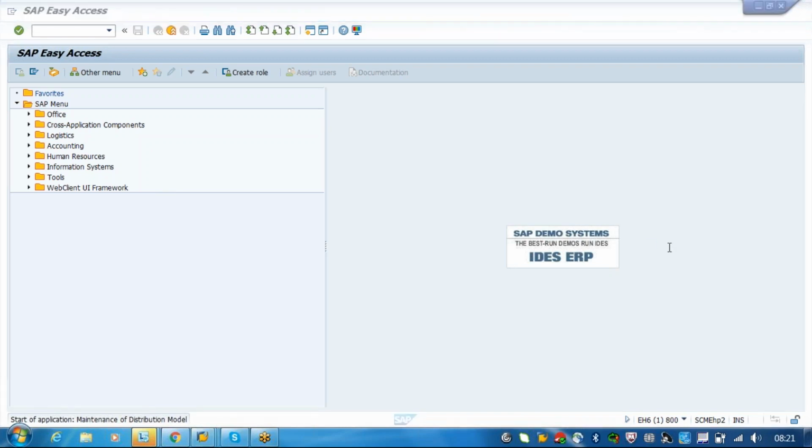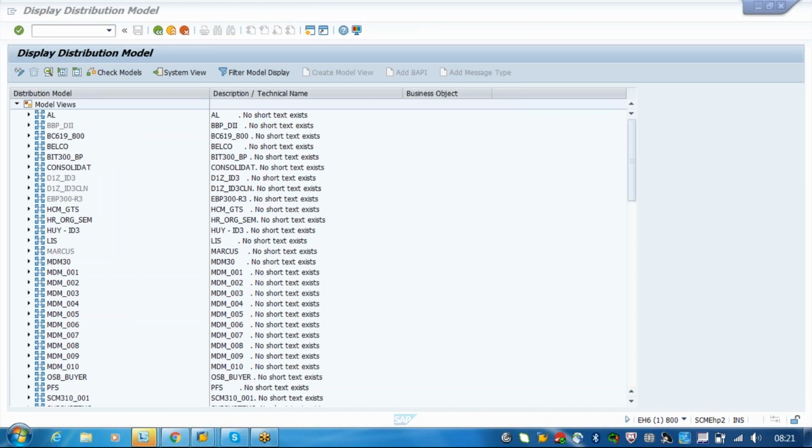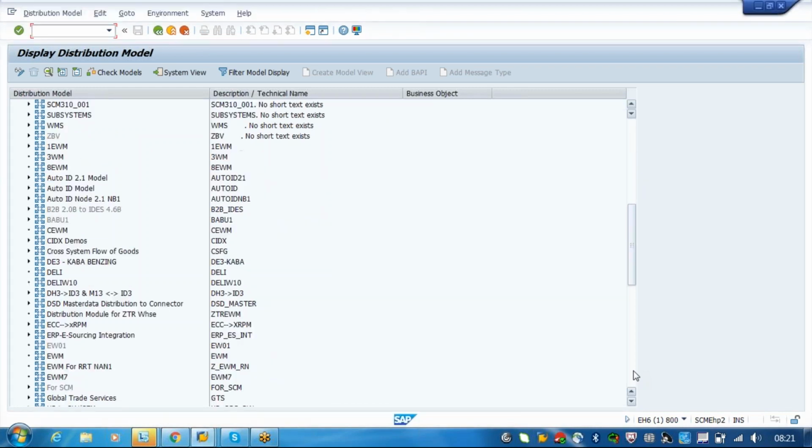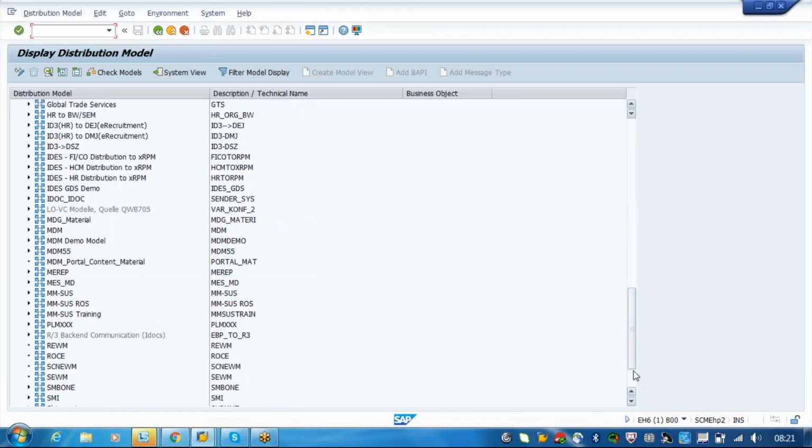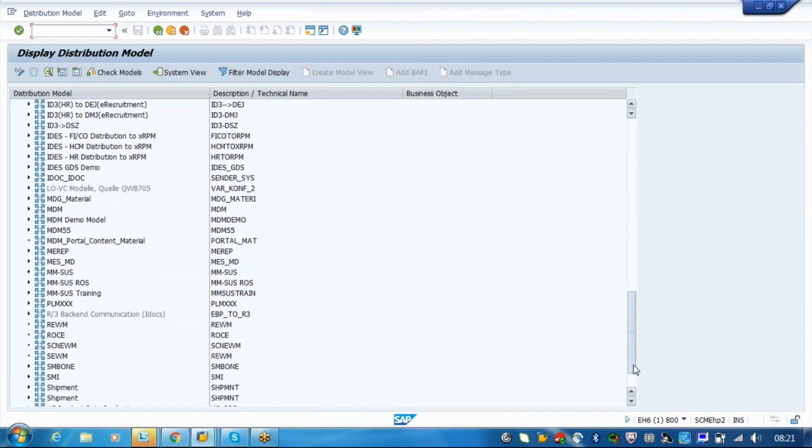These are just the transactions I showed you in the TM system. So this is a distribution model. There will be a distribution model for each and every master data transfer. Using that, you are sending the master data. It's for master data only. The remaining go through RFCs.